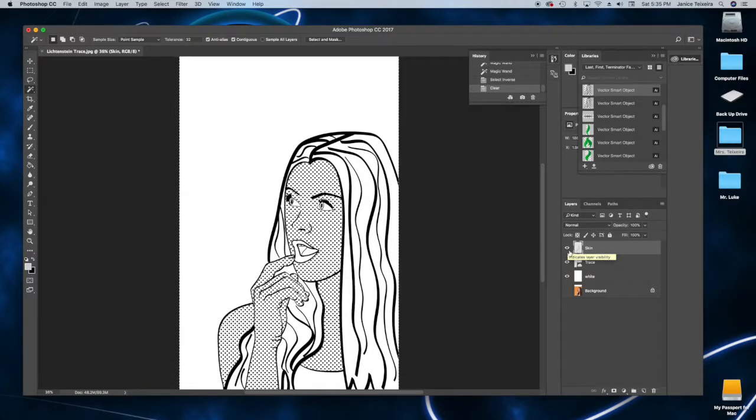And then look at it carefully and make sure you did not miss any of the skin areas. If you did miss some of the skin area, then you're going to want to go back in history and make sure you're selecting all of the skin area, because once you delete those dots, they're gone and you can't really get them back. So I'm looking at this and I feel pretty confident that I did get all of the skin area. So I'm going to Command D to deselect,